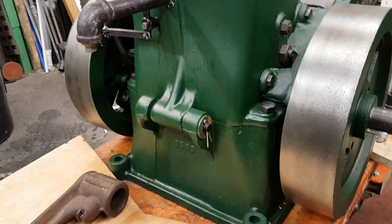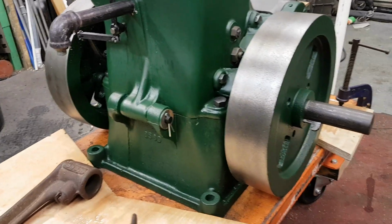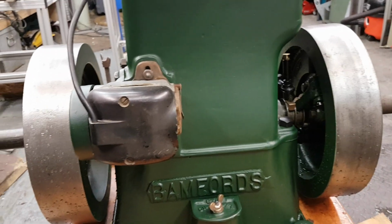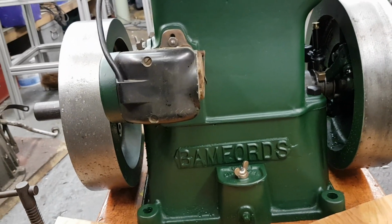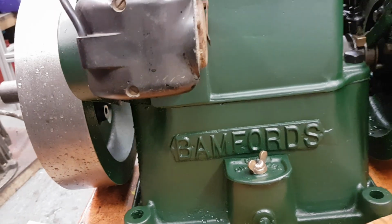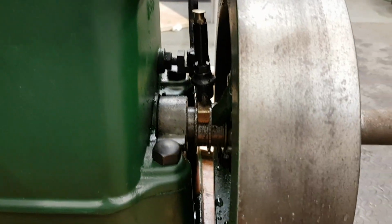This hinged sump arrangement actually apparently was a patented thing for Bamford, and so it's got four bolts around the edge, and you can hinge the whole thing over and get access to the bottom end. The bottom of the connecting rod has a little scoop that picks up oil in the sump. The oil level is just level with the top of that. There's a gasket in there to stop it seeping out, and then you can see the top of the white metal bearings